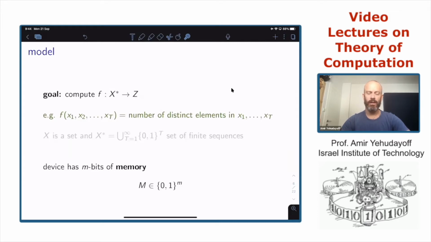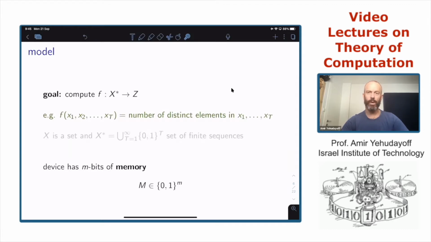Our model will focus on one specific computational resource: the memory size, the size of the hard drive, or some other way to store information.